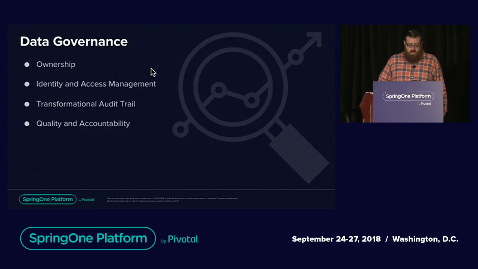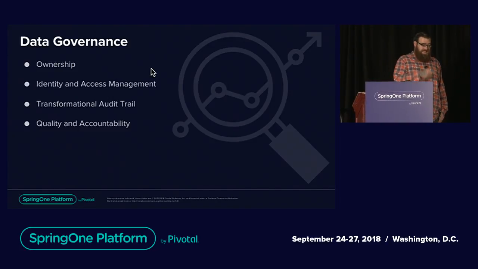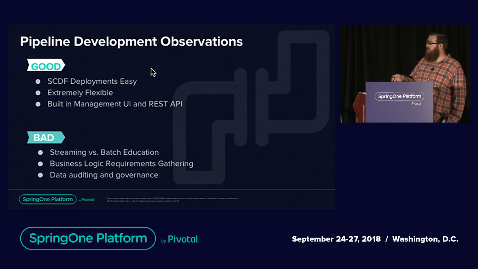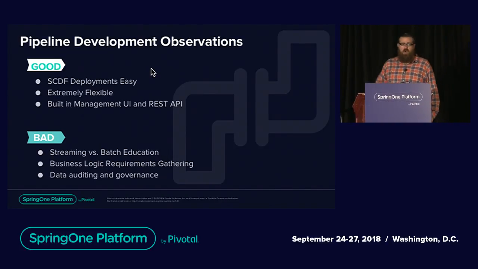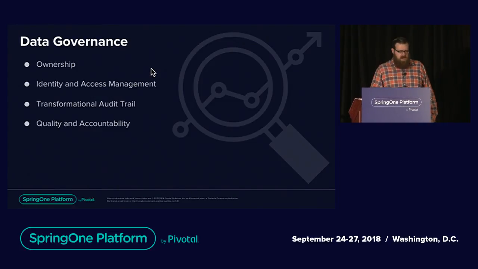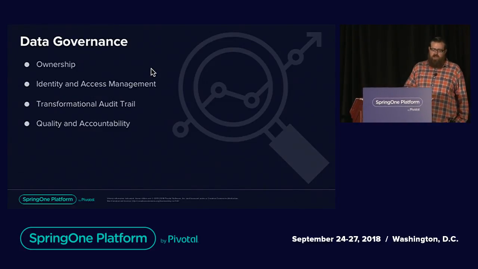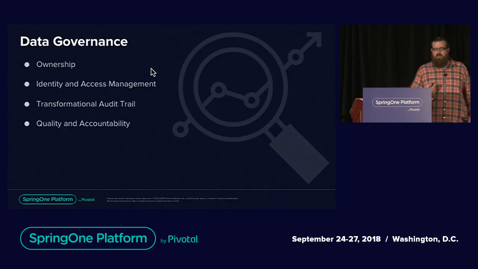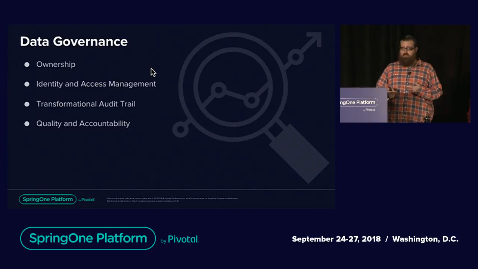So moving on, data governance, the last part, at least the bad part here. Let's see if this laser pointer works right here. This kind of leads us into why data governance is needed. Data governance in total is responsible for a number of things that you may not know about as a developer. Number one, who owns the data? Who owns this data before it even hits our source? Who owns the data as it's transformed, right? Who has access to the data when it's transformed?